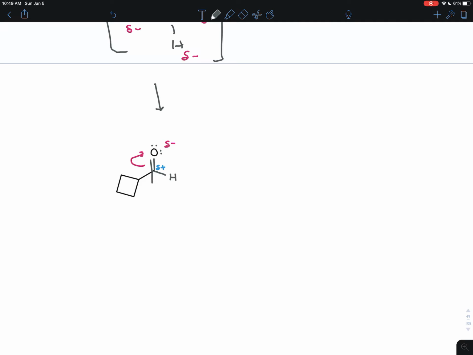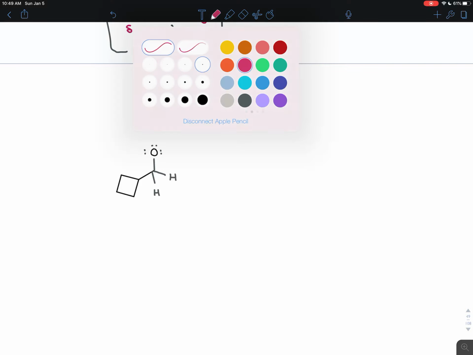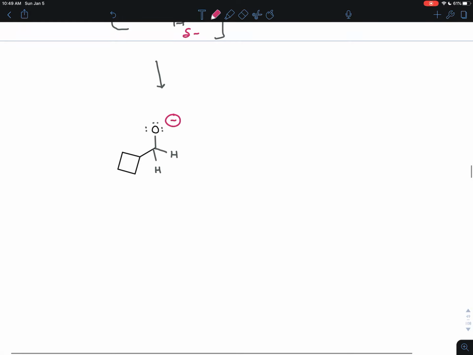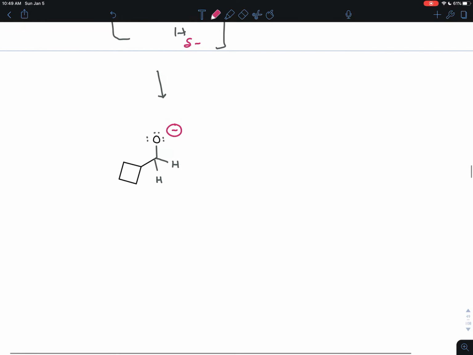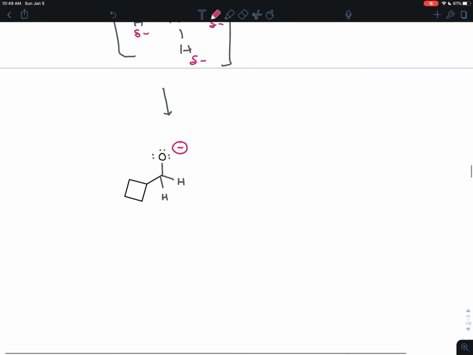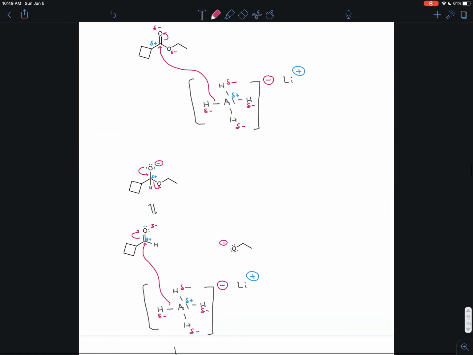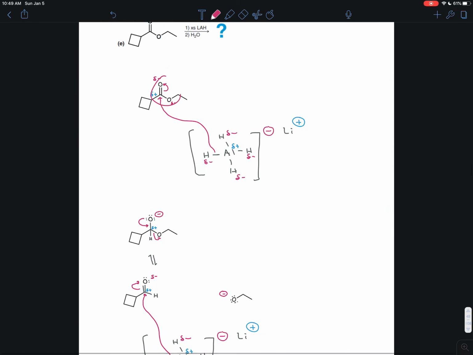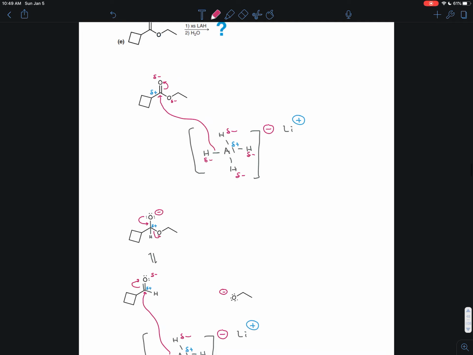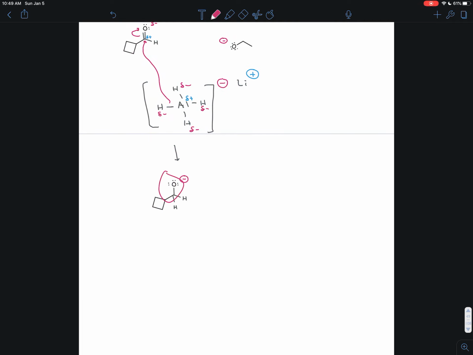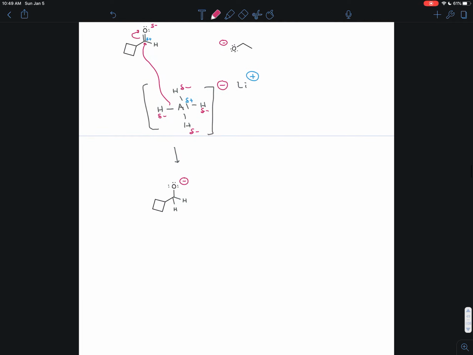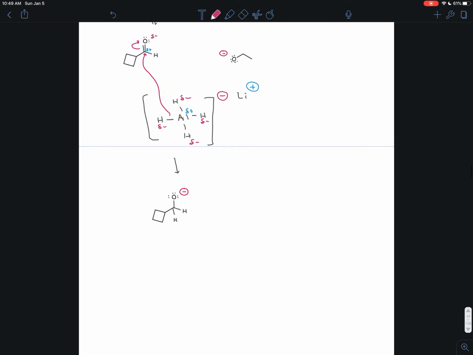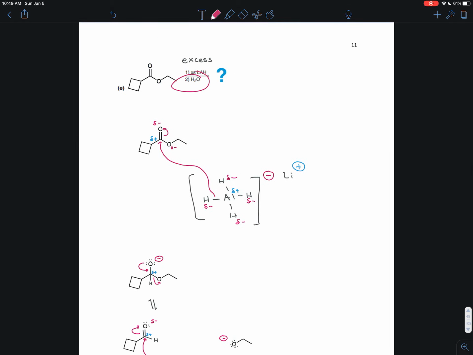is a new bond to a hydrogen, pi bond breaks, becomes a full negative charge, a lone pair with a full negative charge on the oxygen there. Okay, now this is as reduced as it possibly could be. Notice the original molecule had 3 bonds to an electronegative element, oxygen, and now we only have 1. We've reduced it as much as we possibly could without kicking the oxygen off,